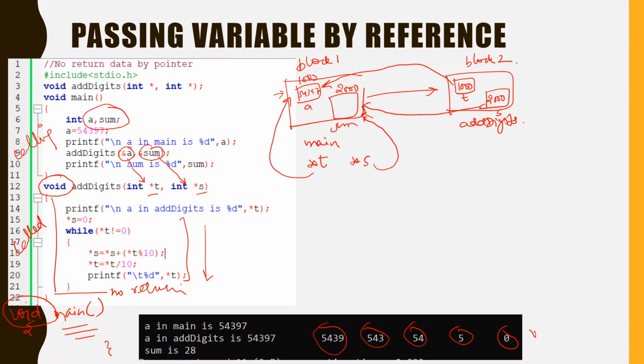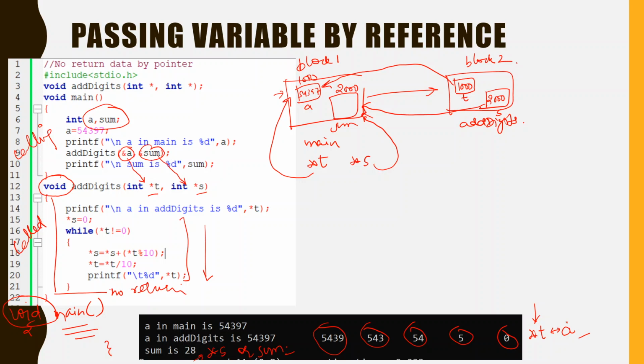So this is the value of pointer t, or we can say variable a. And this sum equals 28 is the actual value of pointer s, or we can say the value of this sum.